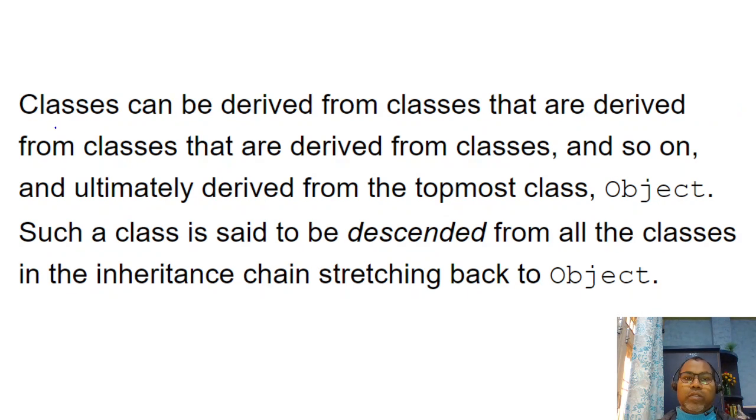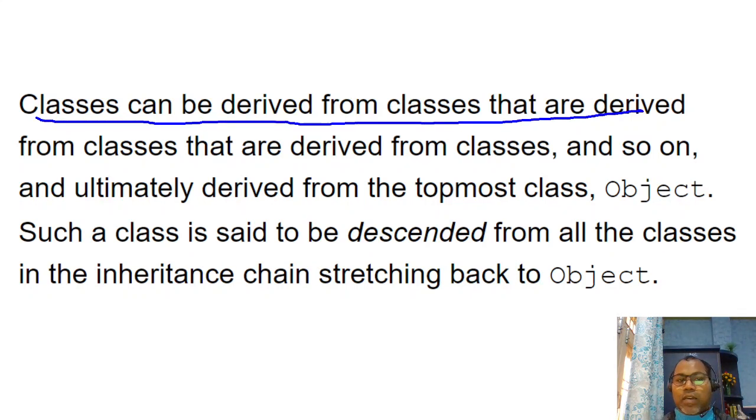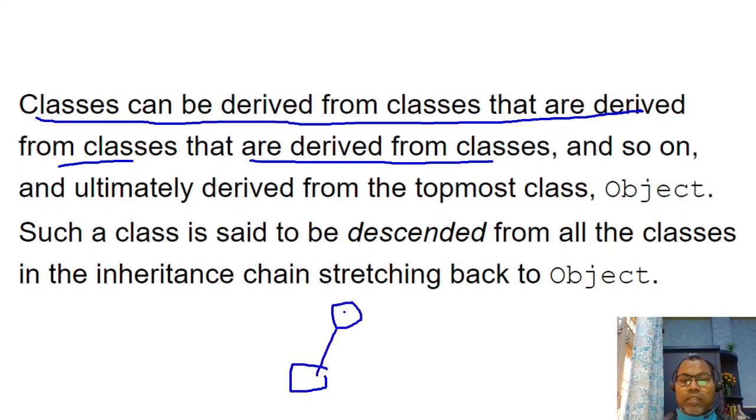If we talk about classes that can be derived from other classes, there are derived classes from classes, and derived classes from other derived classes as well. So you say inheritance, like one class can inherit another class, this can inherit another class, this can inherit another class, but topmost you have only the Object class.